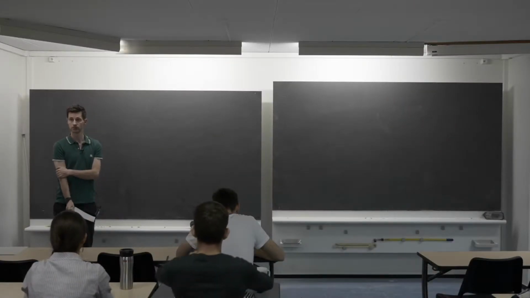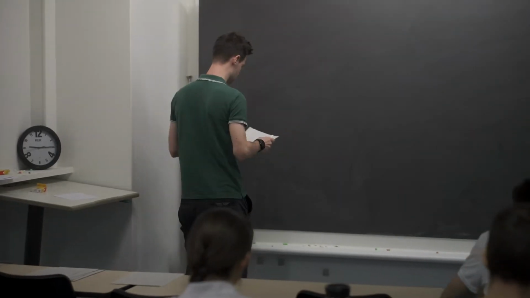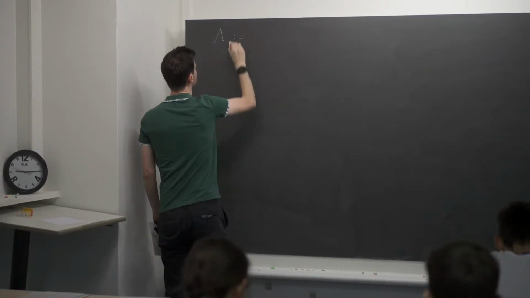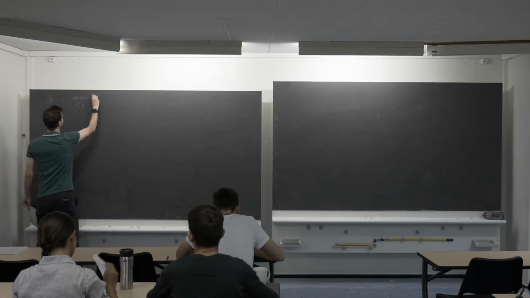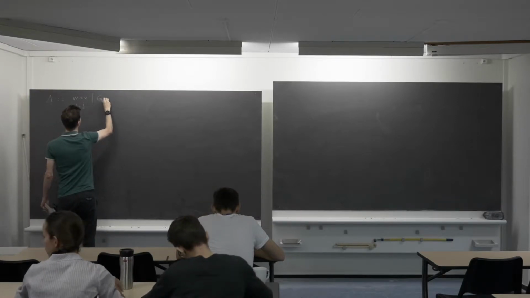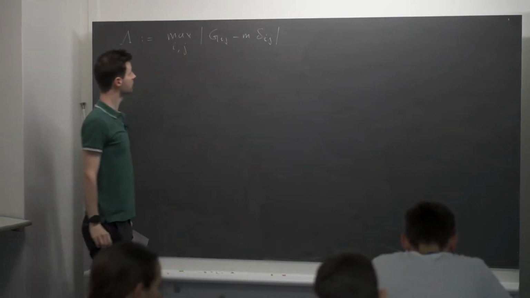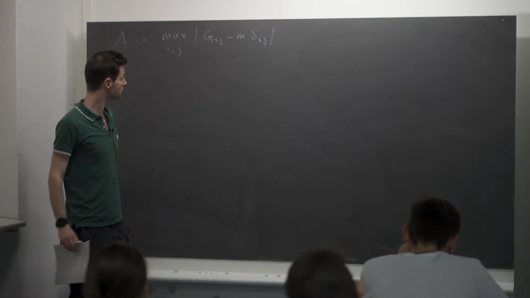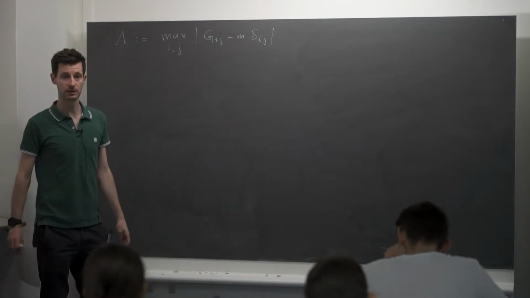Okay, so welcome back. I would like to continue with where Johannes left off last time. So if you recall, just as a reminder, what are we trying to do? We have this error parameter that we call lambda, and it is by definition a difference, so it is the maximum of these errors. We are trying to prove that this Green function G_ij is close to the identity times m, where m was this Stieltjes transform of the semicircle law.